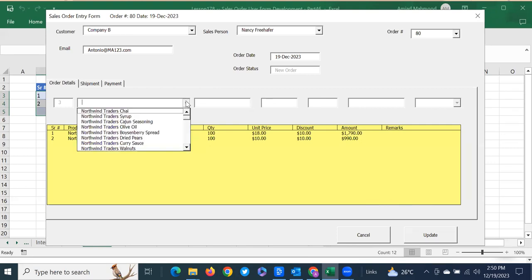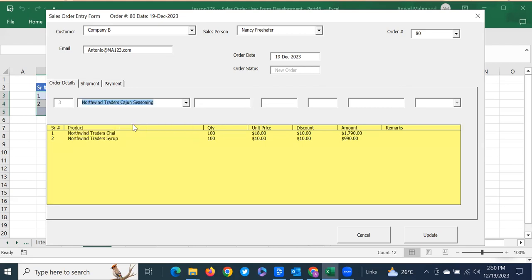We take one more item, for example, this seasoning. Yeah, let's say 50 items here and $15 discount in here. Fair enough. Now, we want